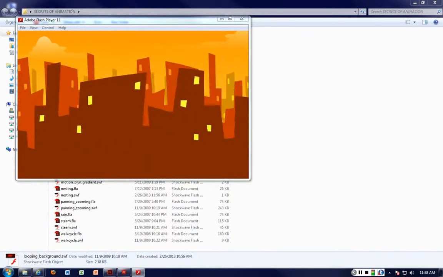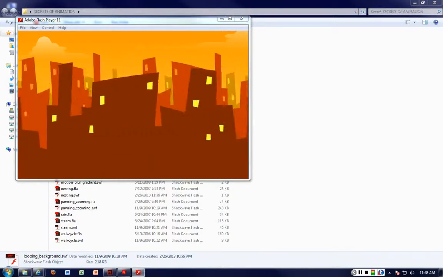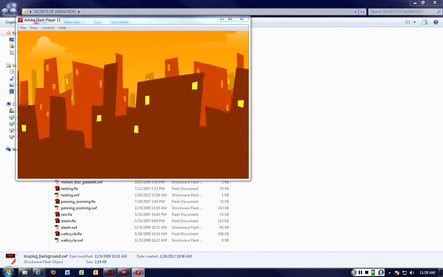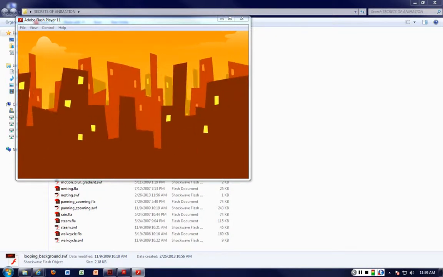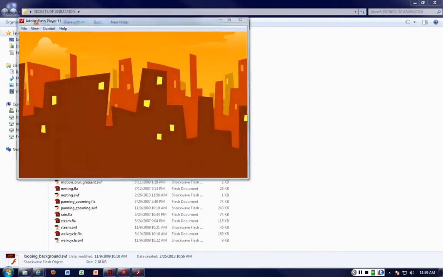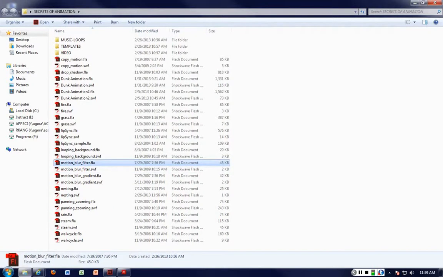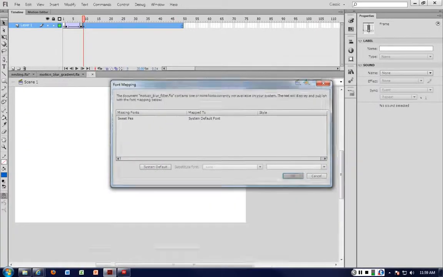Some of you, if you've ever played games, i.e. driving games, you may realize how the clouds tend to move much slower at the far end compared to the mountains, which tend to move faster. So it's the same type of effect. So when we look at this, the Flash file for this animation,